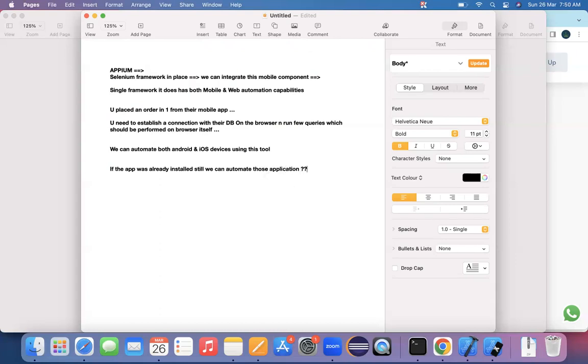So what does this point mean, Surendra? An example: if you want to install the app on your mobile, definitely you should get that particular app, right?